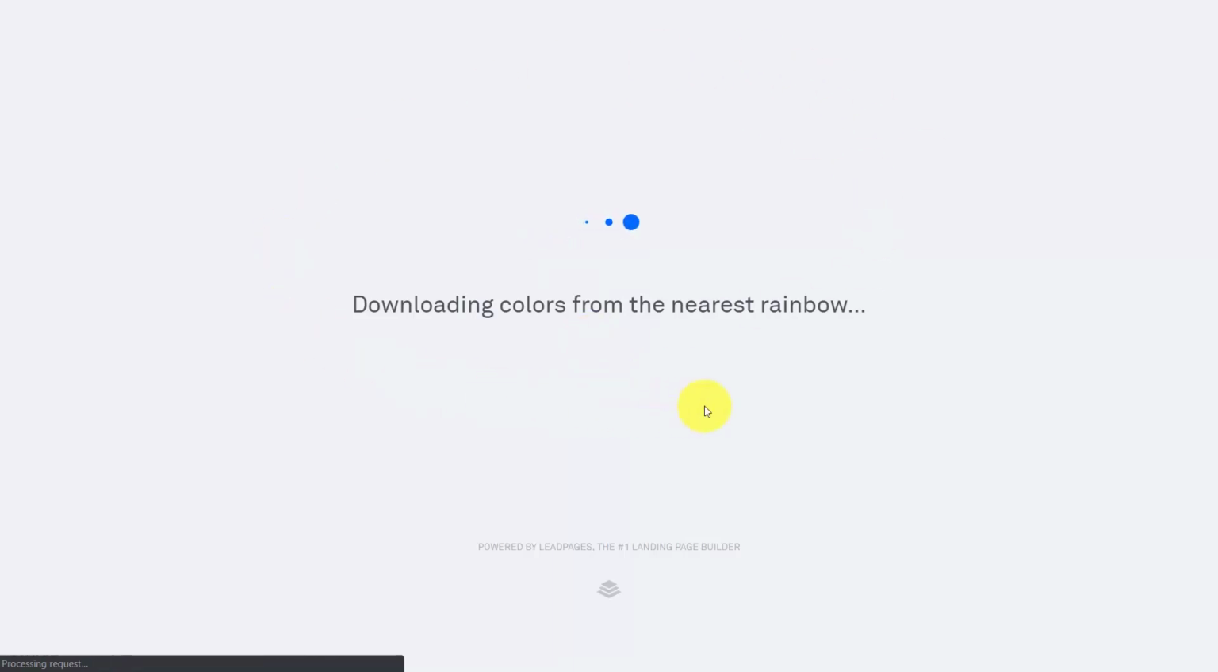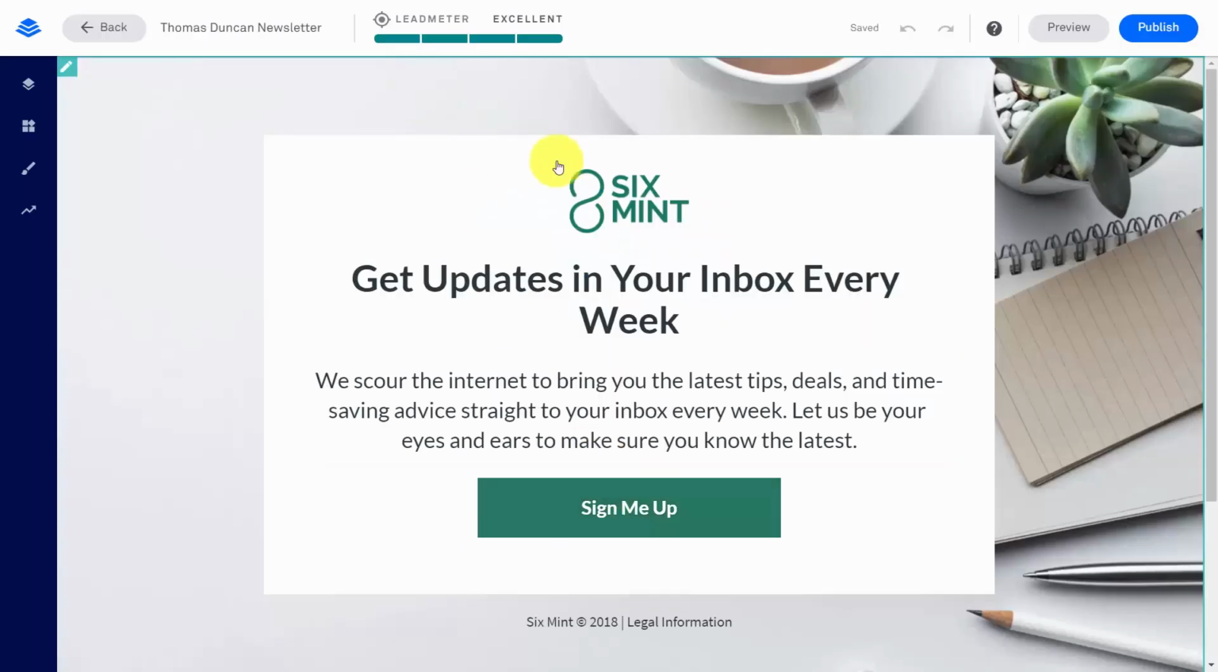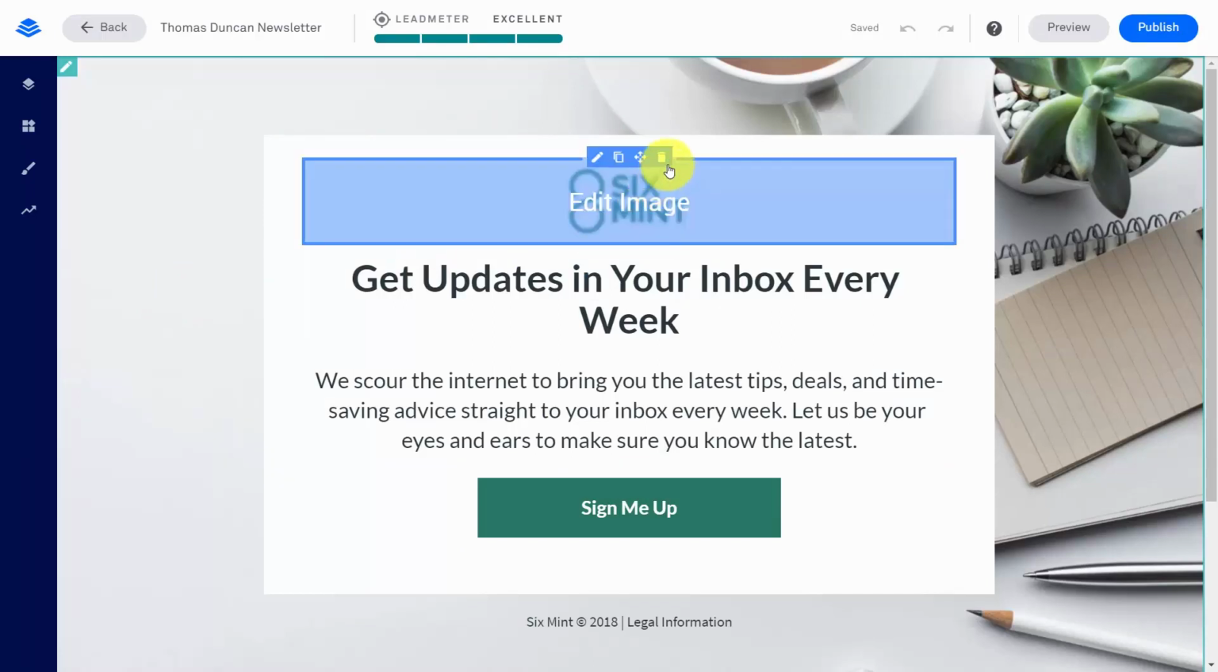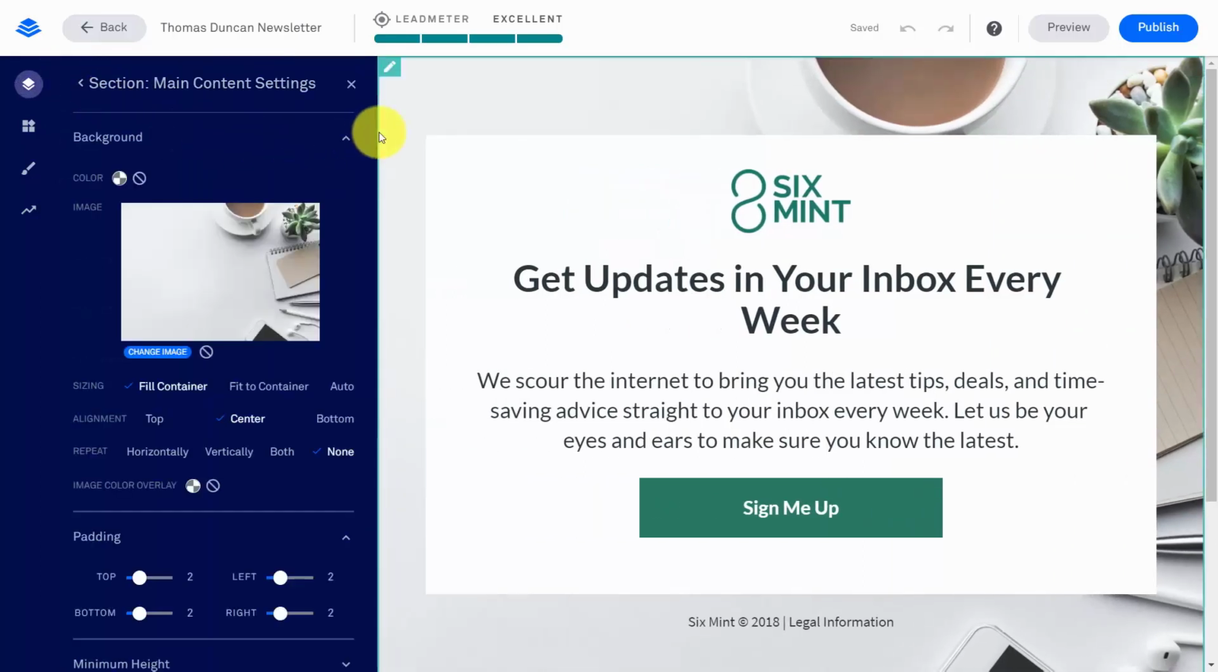Then Leadpages will bring up its template onto the canvas. We are going to give our page a name, and then we're going to click Continue. What you'll notice then is that you have access to each element of the template. And so what you can do is you can change the background, and you can do that by going to this pencil, and you'll notice that we have an image here in our background. We can change that image,